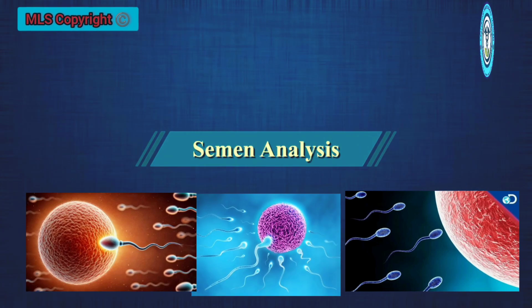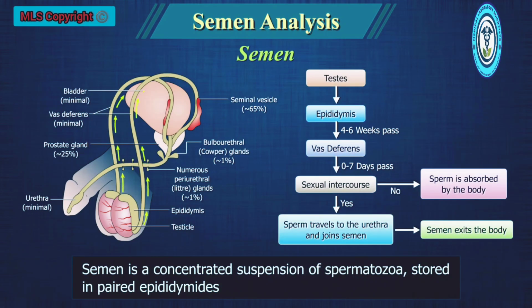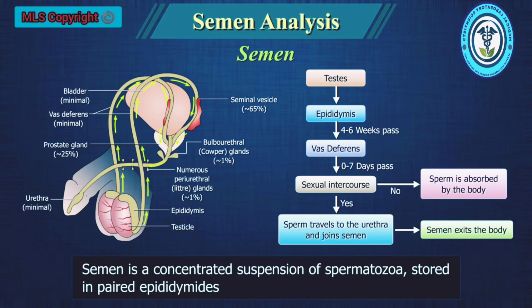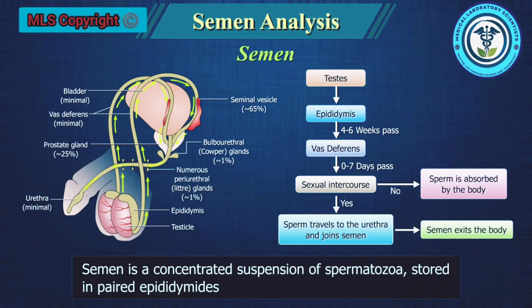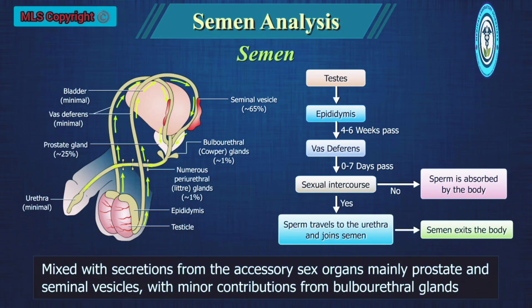Semen analysis. Semen is a concentrated suspension of spermatozoa produced in the testes, stored in the paired epididymis, mixed with secretions from